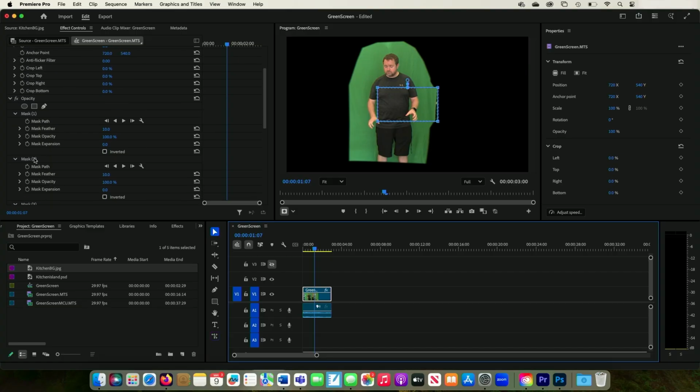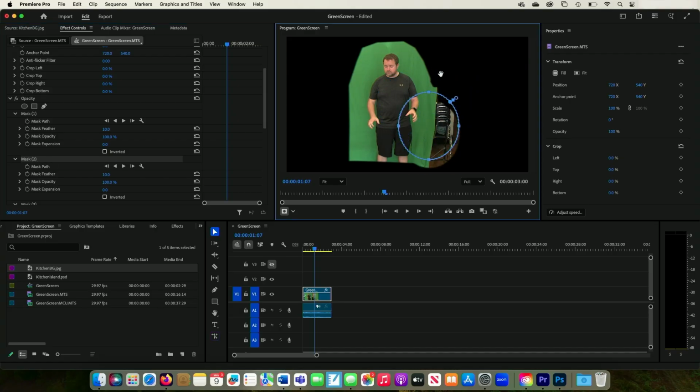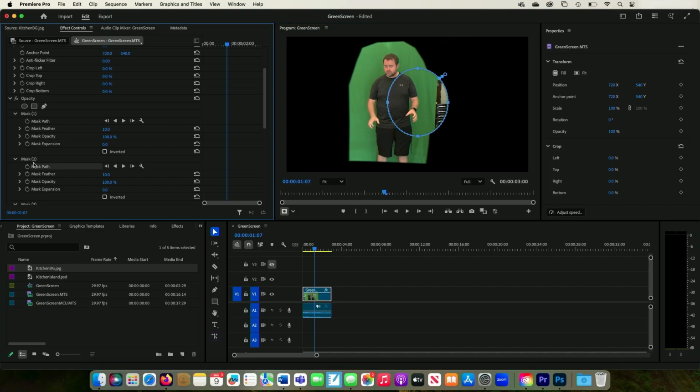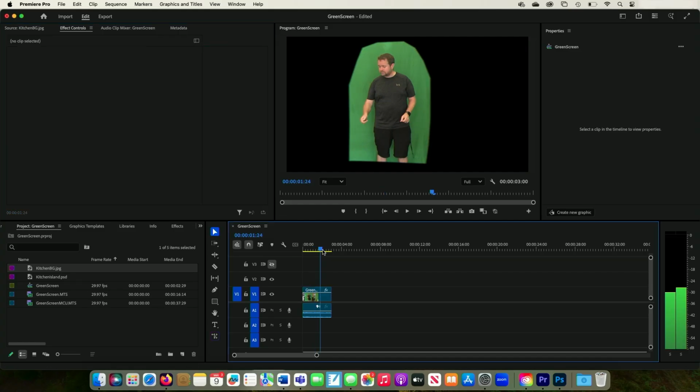You can look at what each mask is doing by clicking on it, and you'll see the path. Okay, that's the one I drew. Mask 2 was a random ellipse that I didn't mean to keep in there. Or maybe you did. Maybe you wanted multiple masks. That's why the option is there. But if I only wanted the one, I'm going to start clicking on these and hitting the delete key to get rid of them. Okay, so I'm back to just my one mask, and now I'm ready to use the Ultra key because my